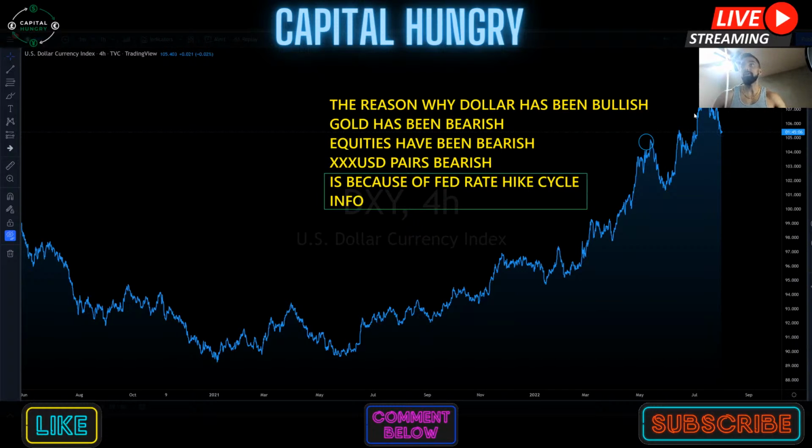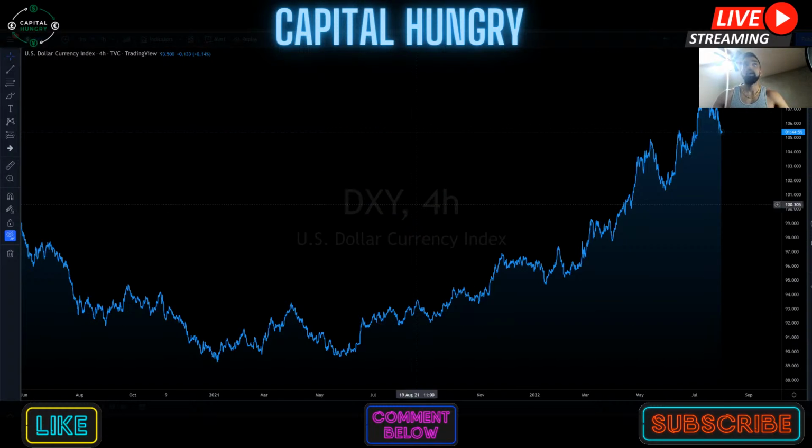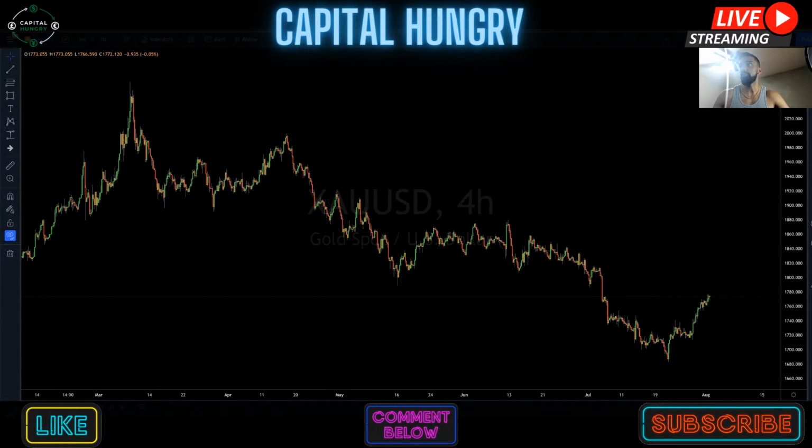These pullback phases, they're not correlated with the trading instruments one-to-one. It's correlated with the Federal Reserve monetary policy and what's been priced in and what's new events, right? The reason why gold has been so bearish, driving down from 2,000 an ounce all the way to that very strong institutional monthly demand zone at 1680 an ounce, is Federal Reserve rate hikes. As the rate hikes got priced in, as we had the expected 75 basis point rate hike, we're having a